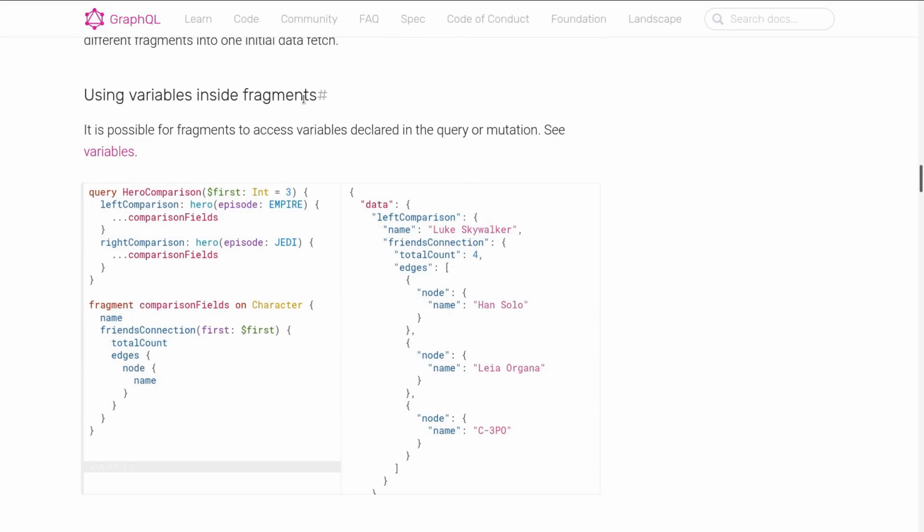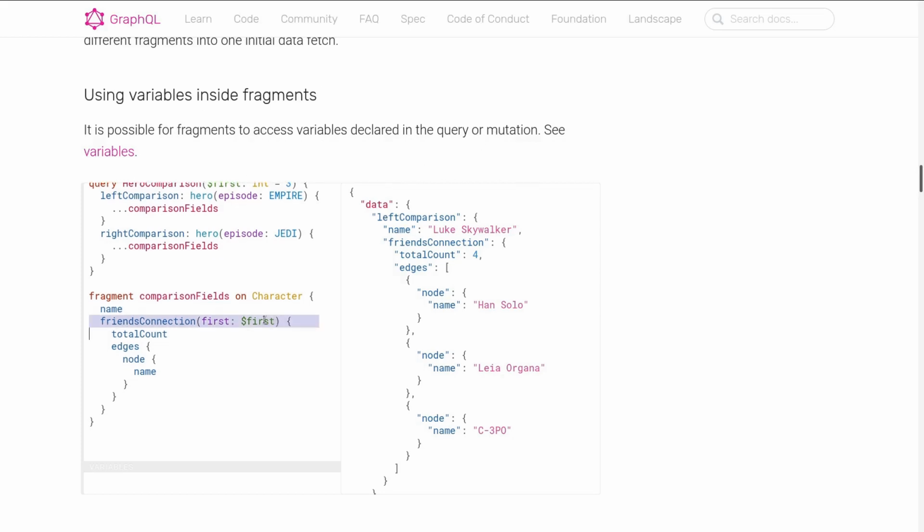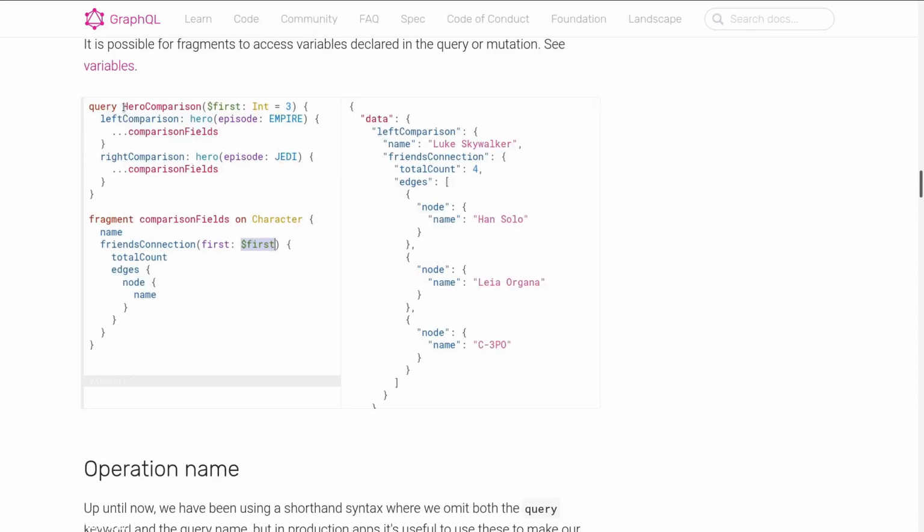Using variables inside fragments. It is possible for fragments to access variables declared in the query or mutation. So where's the variable? As you can see, I guess this is a kind of variable. So if we have defined a query in here with a variable or arguments, for example, the first is an integer equal to 3, then we could pass that argument or variable to the fragments, and all we need to do is